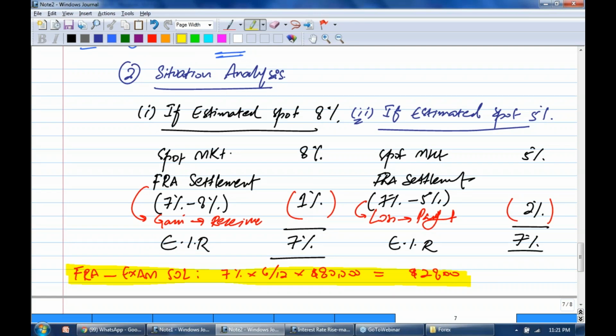This is the exam solution. Second important thing, in the practical world, the